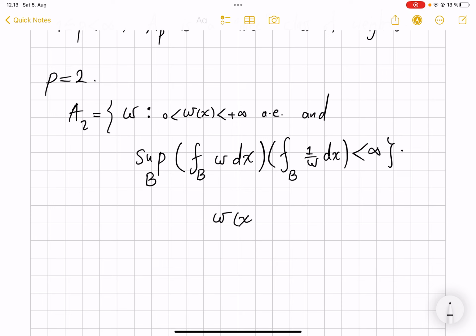Often weights of this type are interesting to us for positive